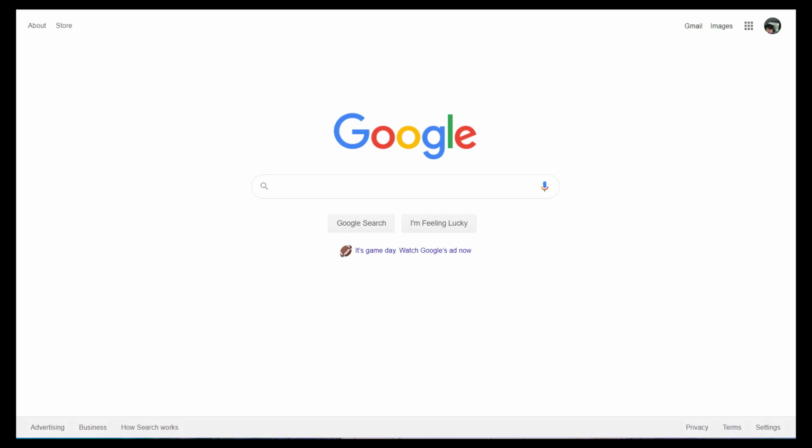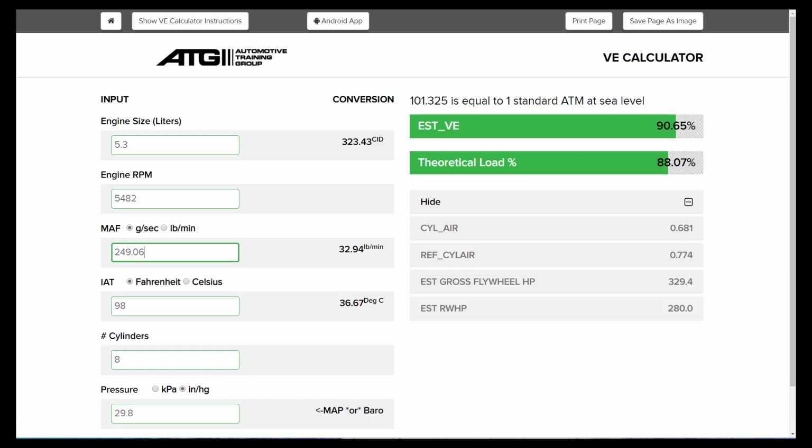So to be fair, as with anything else, there's going to be some variables associated with all that good stuff, and I'm not an expert on that VE calculator and how to use it proficiently, but this one here is the calculator from the Drivability Guys. I actually purchased it on AES Wave. It keeps me from having to have internet access. If you guys are looking for something free and you want to play with the same thing, that ATG right here, that Automotive Trading Group, they've got one on their website,